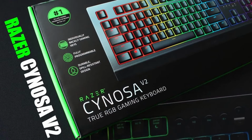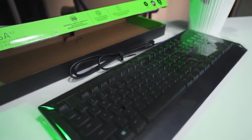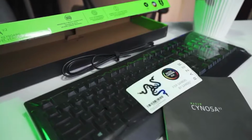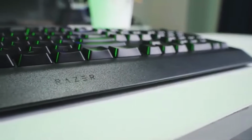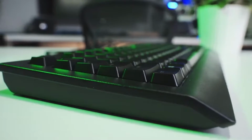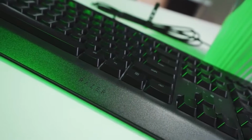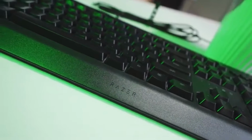Razer Cynosa V2. Razer may have its share of pricey products, but it's also got a knack for making quality, budget-friendly devices. And, if there's anything the Razer Cynosa V2 proves, it's that you don't have to spend an obscene amount of money on peripherals to get the best. Among the best gaming keyboards we've played on this year, this one's the best in its class,